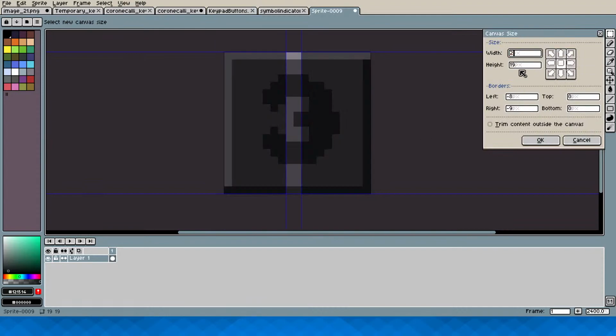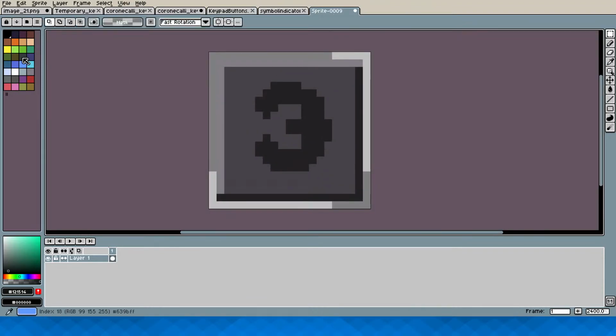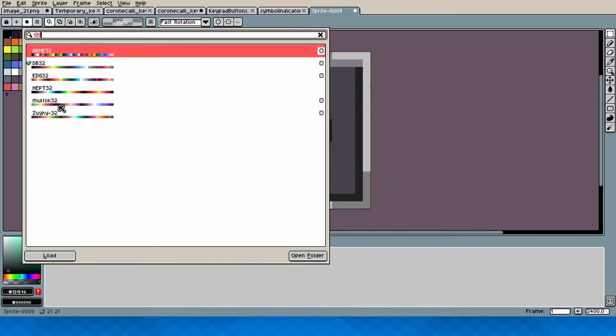Make this 21 by 21. I need some kind of color for the selection cursor. It should probably blink as well to actually indicate that you're doing something with it. Otherwise the animation will probably draw more attention than the actual thing you need to do. What color should I use? Probably some kind of bright pastel-like color.